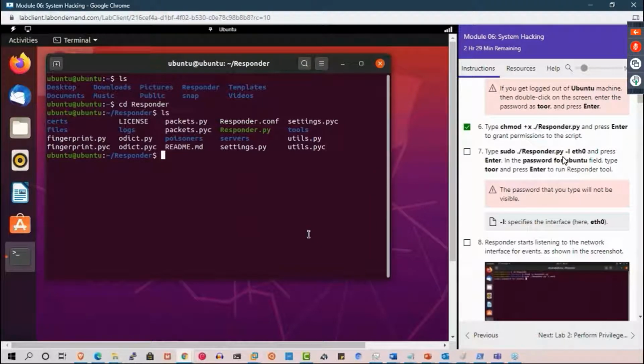So what we're going to do now is chmod. And with chmod, we're going to do a plus x. And we're going to apply that, in this directory, locally, to ./Responder.py. So what we're saying is find in this directory a file called Responder.py and add,